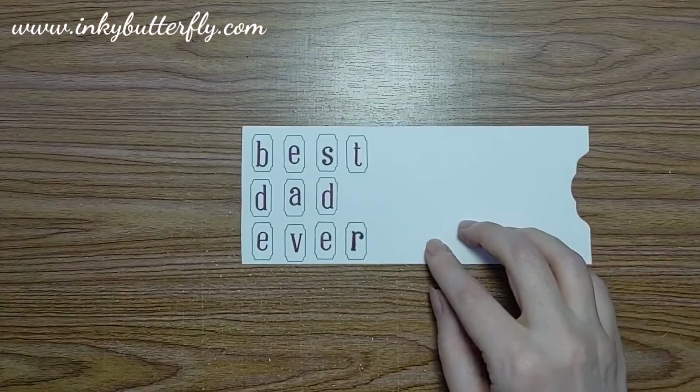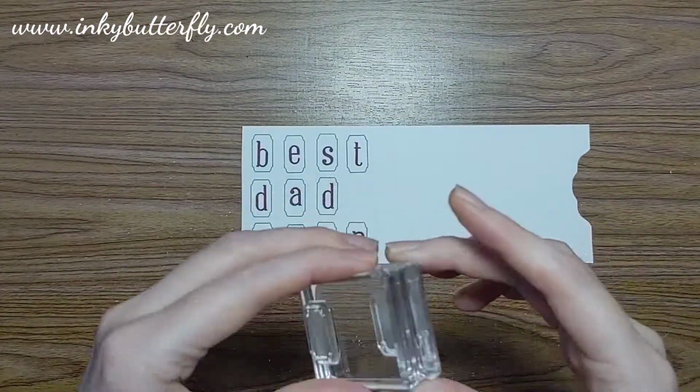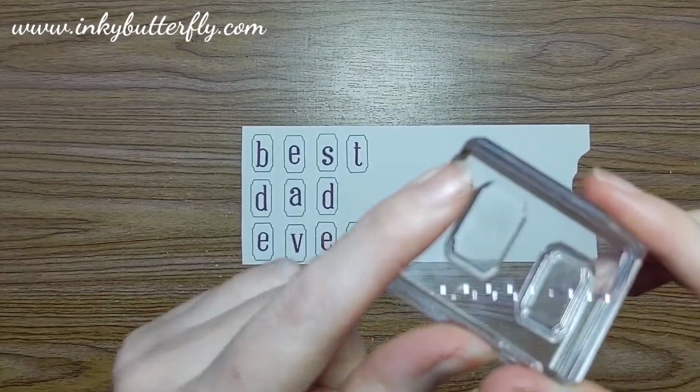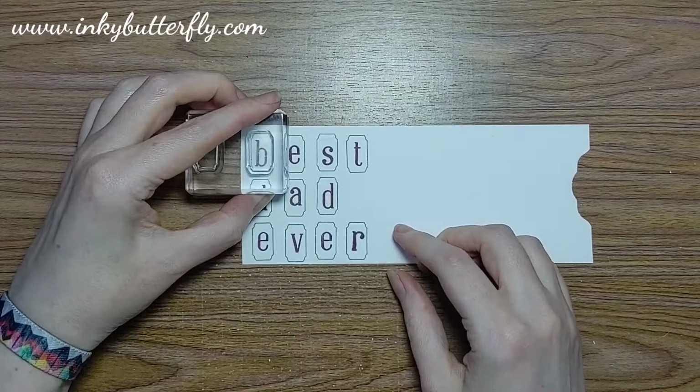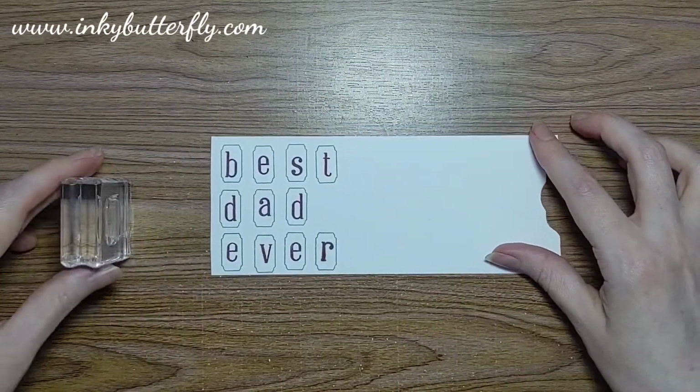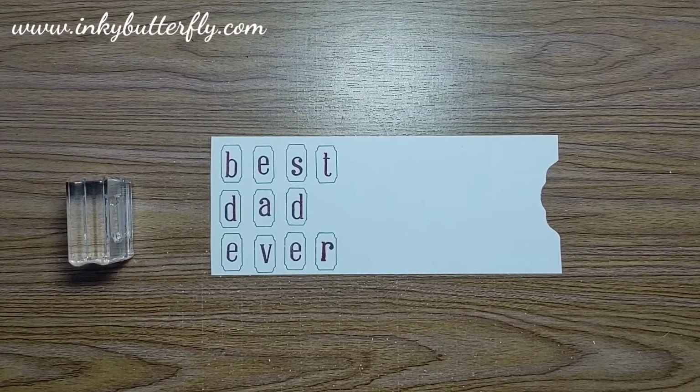So that's what we've got so far. Okay, but now we're going to add another layer with Versamark using the solid image here, and we're going to go over the top in Versamark so we can then heat emboss over the top with clear powder. Okay, so in readiness, because we don't want the ink drying and stuff on us, so I'm just going to